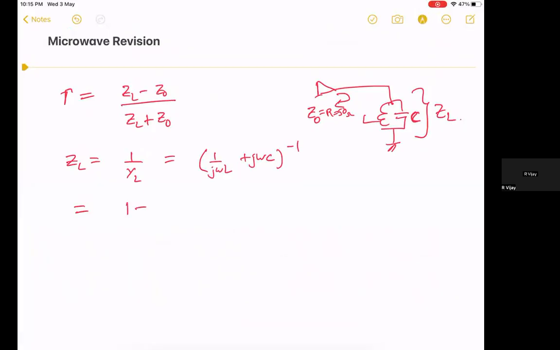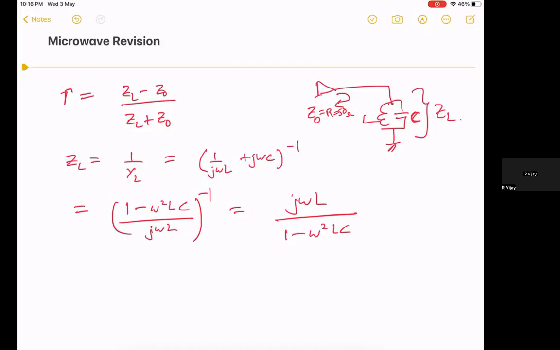Okay, so I then get 1 minus omega square LC over j omega L inverse, or j omega L over 1 minus omega square LC. Okay, so this is now Z of L. Now, most of the work now to get to some nice looking expression, which is easy to see, is just to use the simplification